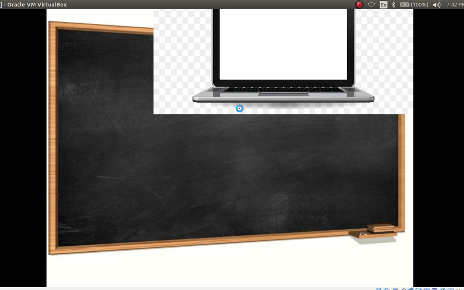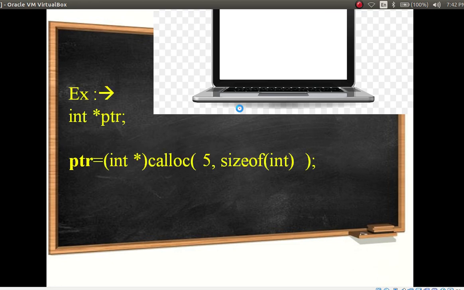So how to write this realloc function? To write a realloc function you require either malloc or calloc. It's mandatory. So int star ptr, then this pointer, I have written int star.